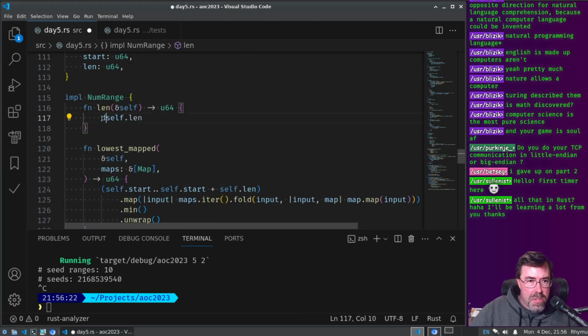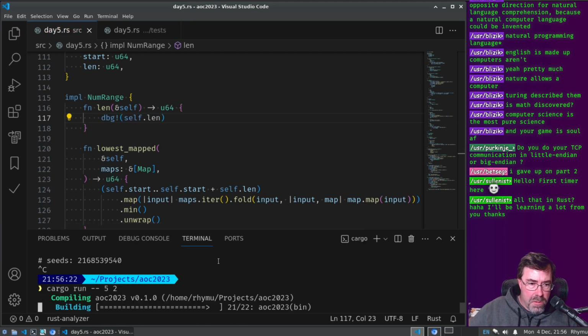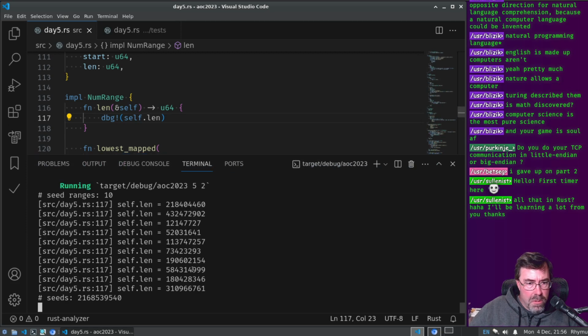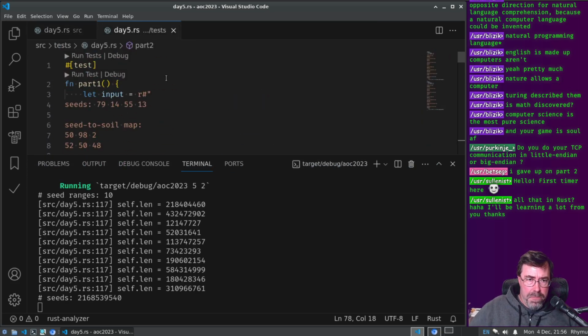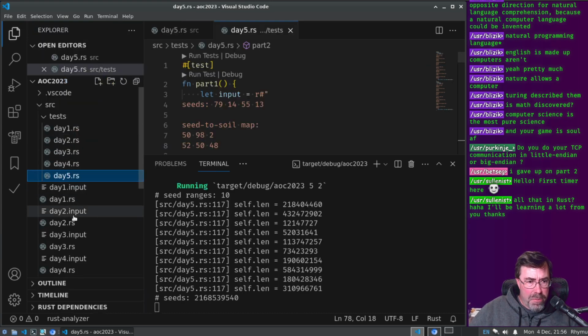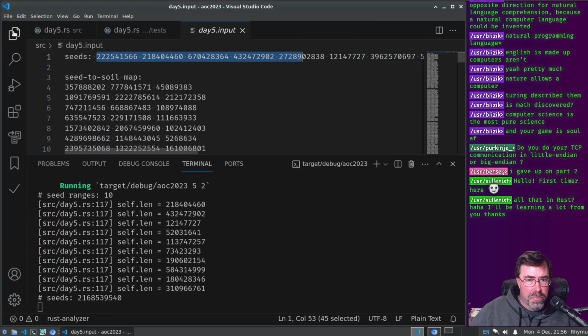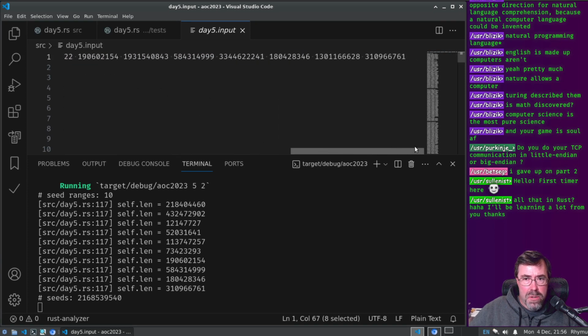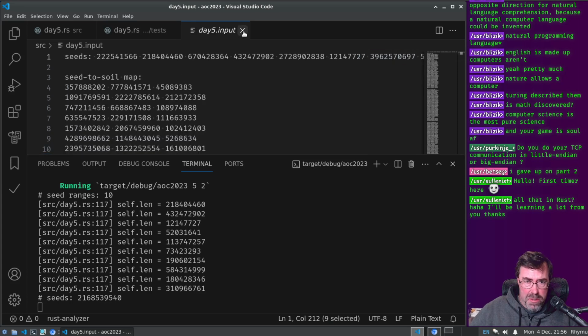I can if I do a dbg. So these are the ranges, right? For my day 5 input, it should be that number, and then every other number we should see there. I think those are all correct, all the way down to here. Okay, so we have the correct number of seeds.